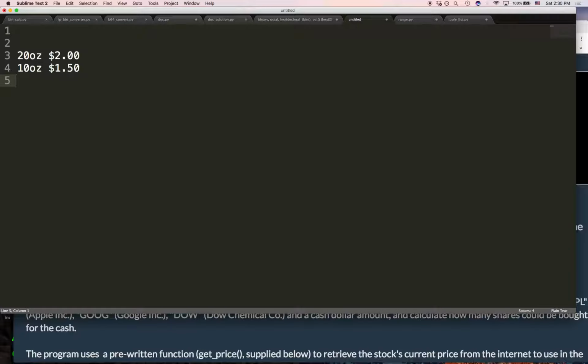$2 for 20 ounces. Why do you say that? Because the other ones are 25% more expensive. There you go. How do you calculate that? I kind of did it in my head. So how would you calculate it? You basically want to know how much does an ounce cost, right? So you do 20 divided by 2, and that would get you what? 10. And you would do, go